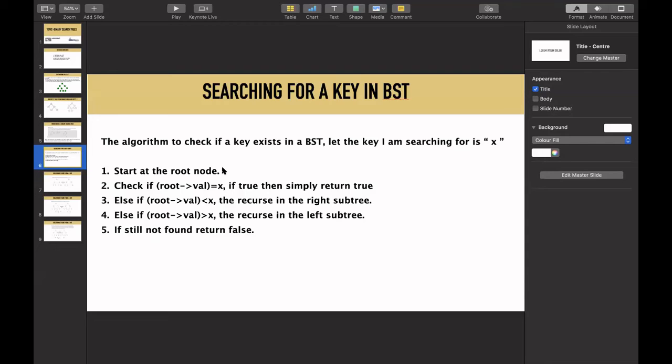Now let us check for 7. Let us see whether it works or not for 7. You can see for 7 it is printing correctly, it is saying that it is present. We can also check for 4, and it is correctly saying so.